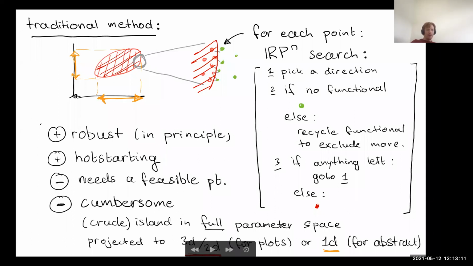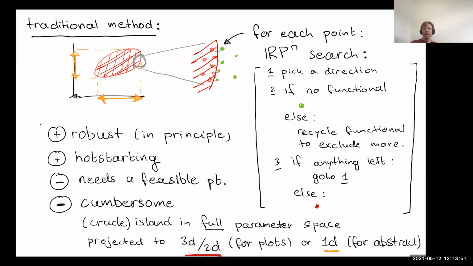But there are two important downsides, and those are the downsides we want to address. First of all, it needs a feasible point. In order to even begin your search like this, where you have red points and green points, it's easy to find points that are excluded. Generally you have your delta space and a lot of green points in it. But of course you need to know a little better where the island is. So you need at least one red point in order to start refining the island. And just finding this one red point in practice can be very difficult, and in some sense very cumbersome,